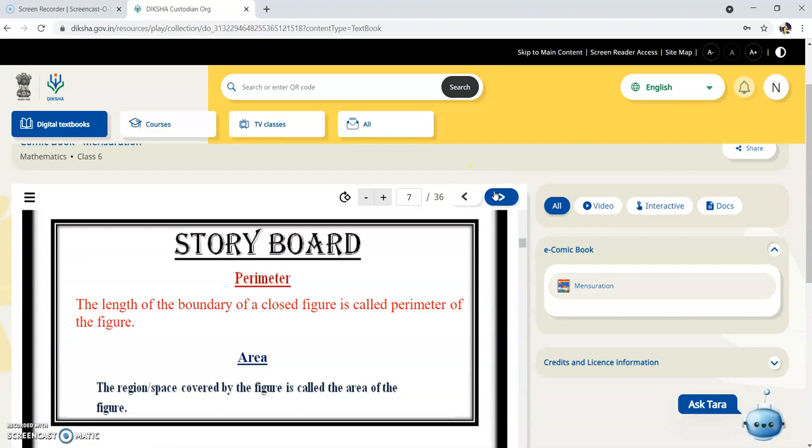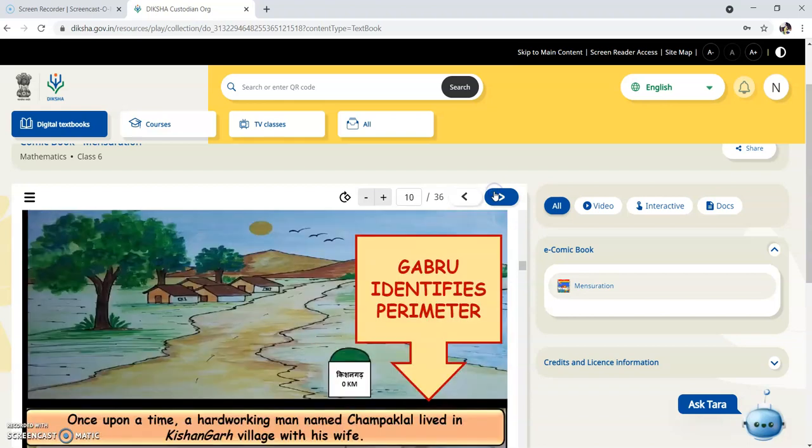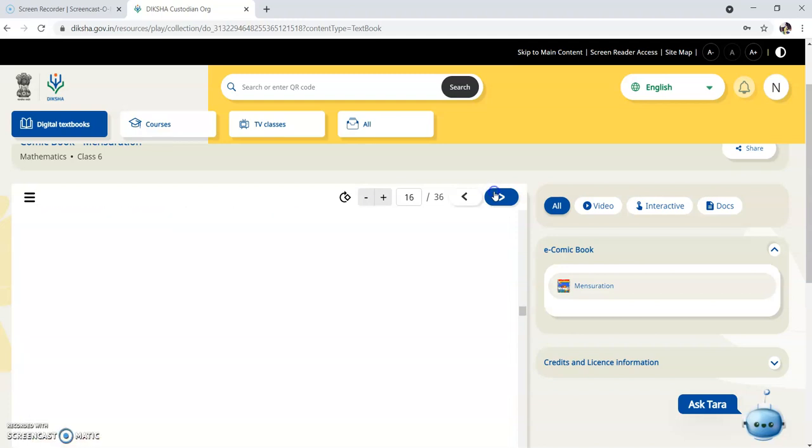So there is a storyboard here. You need to go through the characters and then you need to start learning the comics. Once you start learning the comics, you will go through each page one by one.